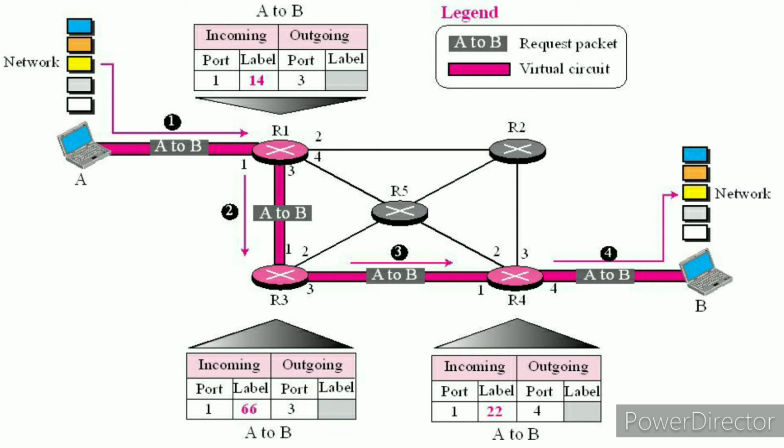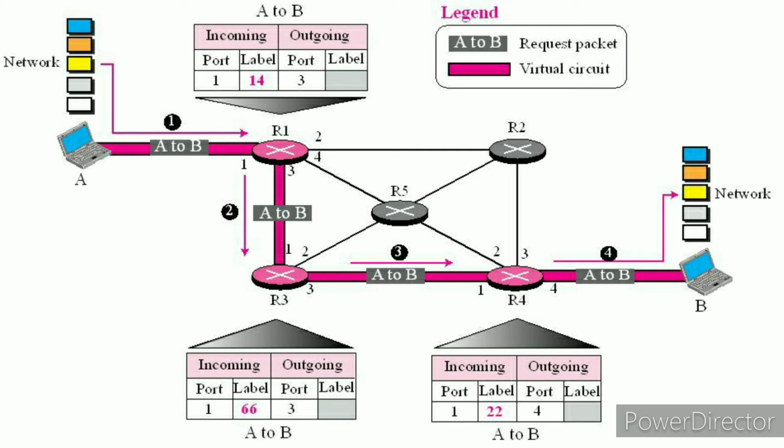First we'll see how the request packet is sent from the source to the destination. Here you see in the diagram, you have a sender A and the receiver B. Sender A is connected to the virtual circuit network, where you have routers R1, R2, R3, R4 and R5. Initially the sender's network layer will prepare a packet that is called request packet. It will send the packet to the router R1. Initially, this router R1 will create the entries in the virtual circuit forwarding table.